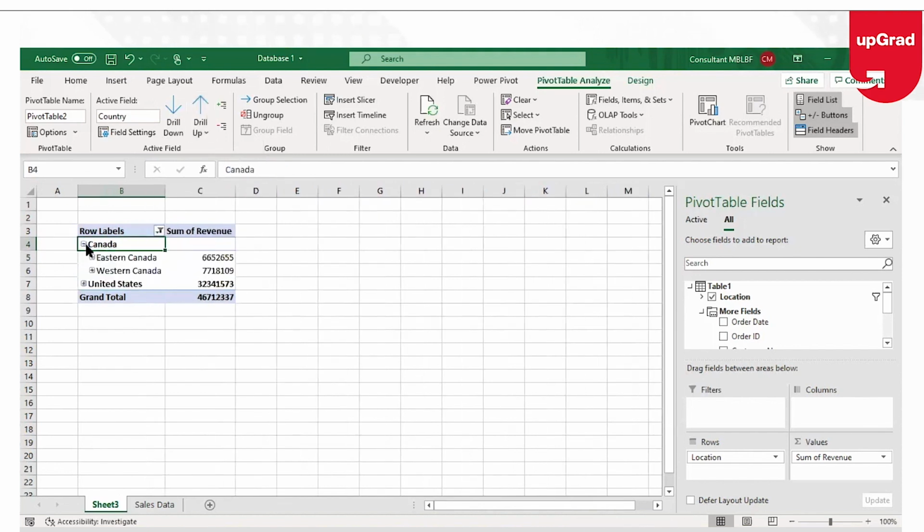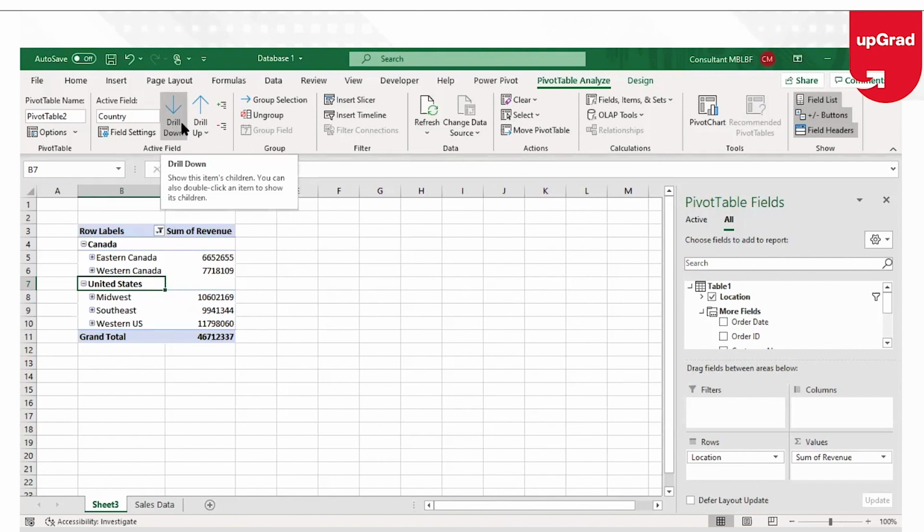If you just want to expand it, I will use this expand button which is over here so that you are able to see the data for both of them, so you don't miss out on any of this information. Like I said, if you want to create a simple pivot chart out of it and then use this drill down or drill up button, that also becomes very, very simple.